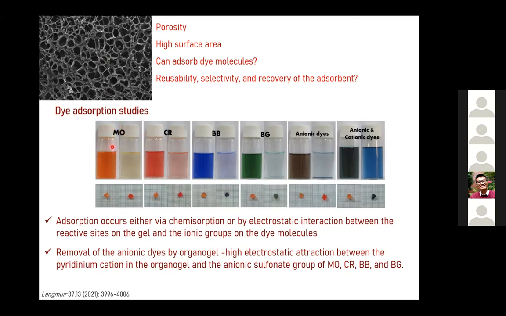So first here you can see this is the dye solution. This is the gel bit, which is about 2 weight percent. It is being put in a methyl orange solution. Then this is Congo red, brilliant blue. Then this is bromocresol green. And this is a mixture of all these 4 dyes. And this has all these dyes along with a cationic dye, methylene blue. You can see this is the result taken after 60 minutes. Here we can see that the material was able to take a very high amount of the dye within this 1 hour time.